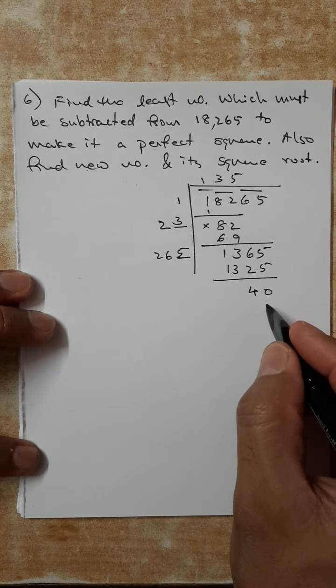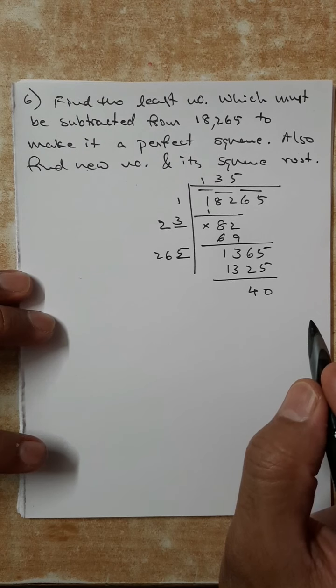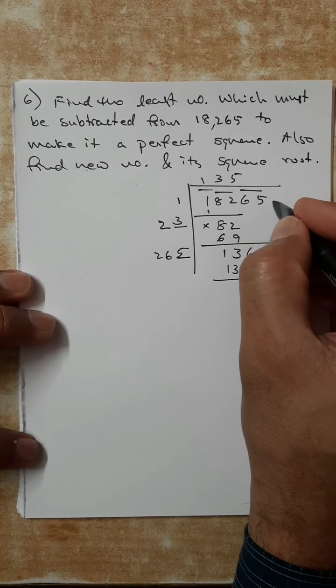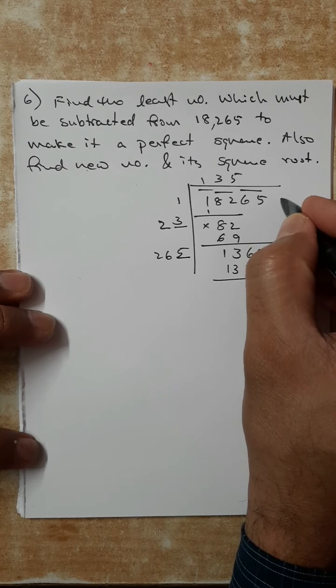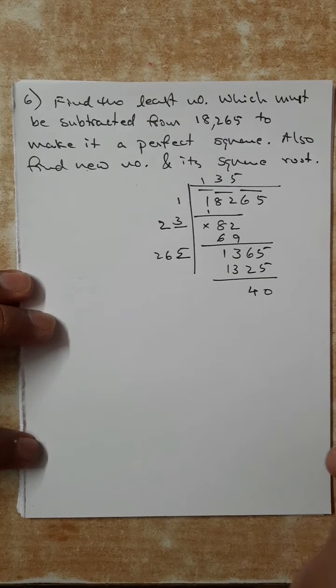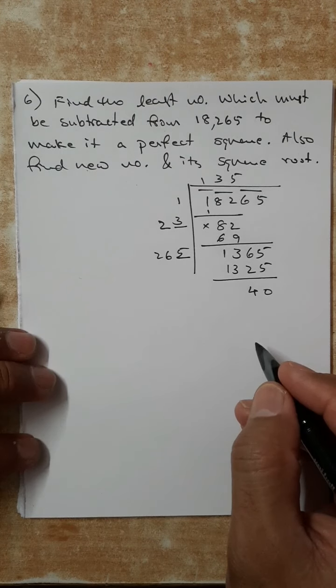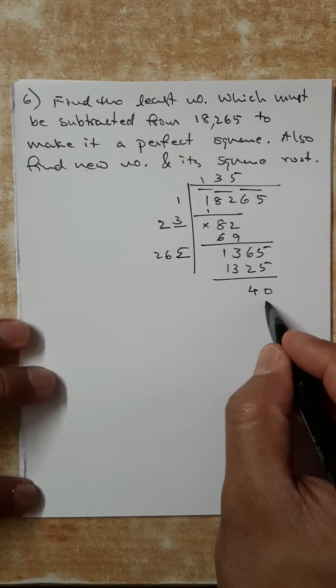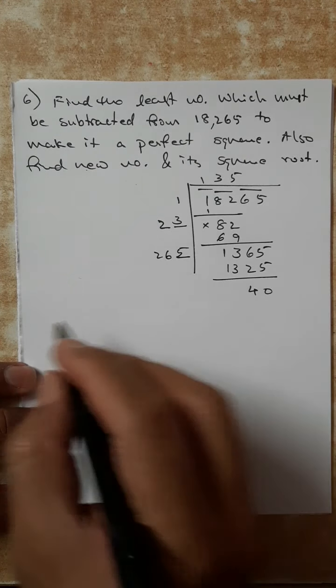Balance is 40, that means division is not over, it is not a perfect square. Now I explained already how to find the square root of decimal numbers. If remainder is there, if I want, I can put here point 0 0, bring one more group, then put here point, and then we can proceed if you want. But here our question is what should be subtracted. So 40 is extra here, so we have to surely subtract 40.